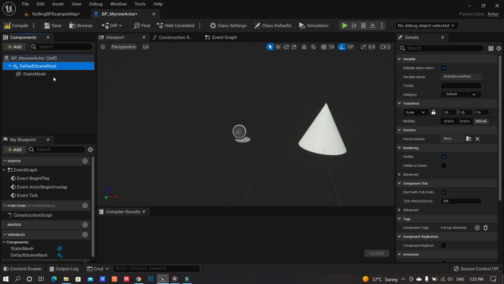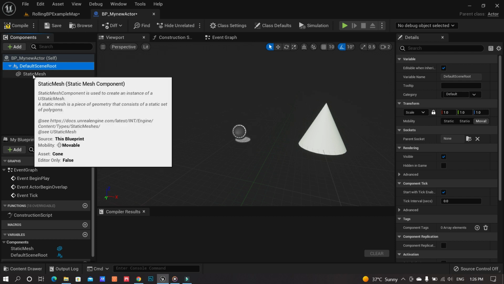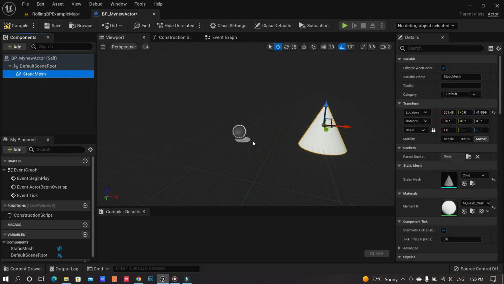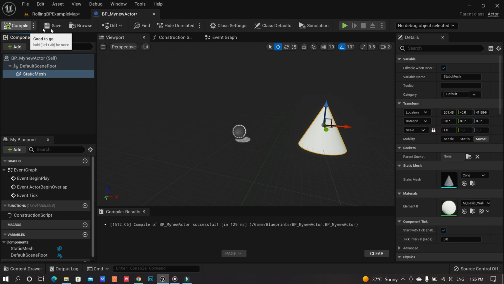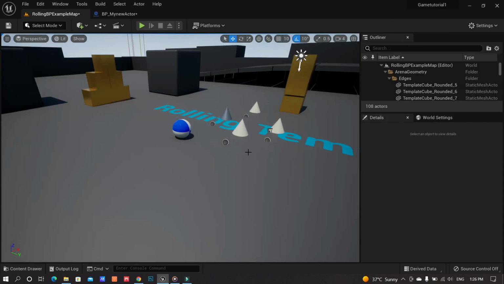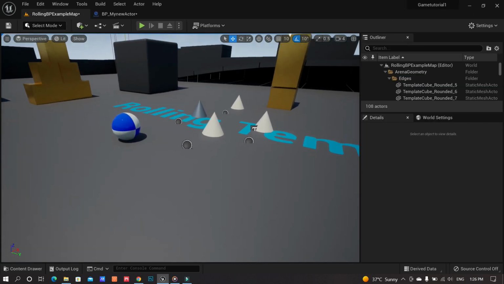Everything which you add to this particular actor is going to be around this origin itself. So in this case we have a static mesh which is positioned relative to the root component, which is the scene root component.